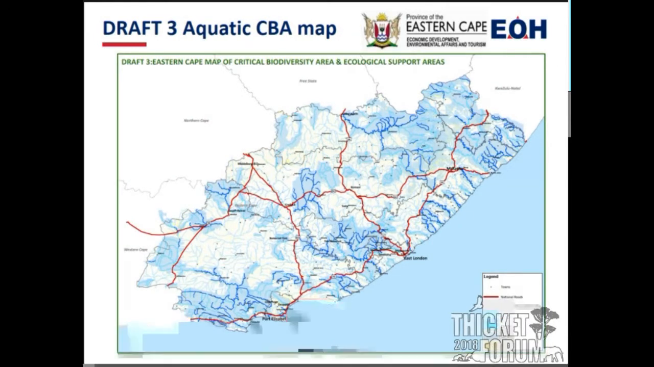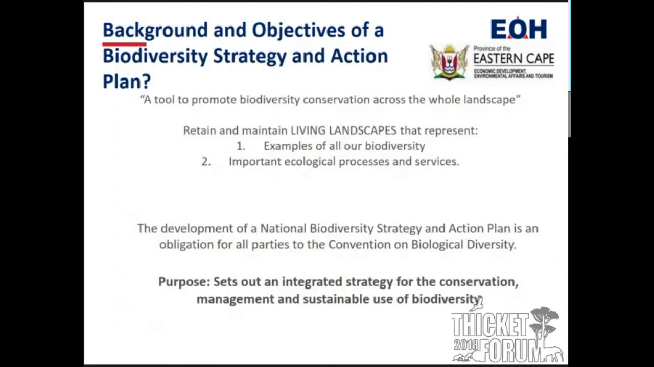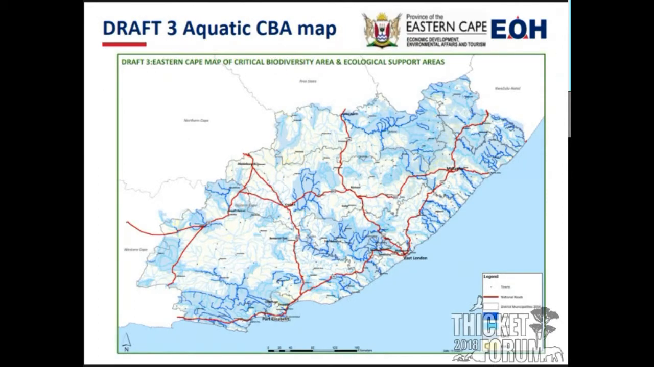This is the aquatic CBA layer, showing the dark blue CBA 1 rivers, the lighter blue CBA 2 rivers. You can't quite see, but there are wetland areas and groundwater areas included in this map, especially the Cedarville wetlands, if anybody knows about those up at the top there. Yeah, there you go. Cedarville wetlands at the top. You have to zoom in to actually see tiny little